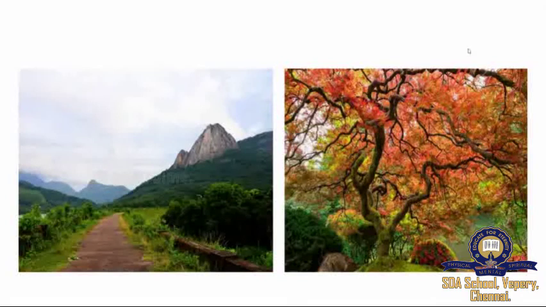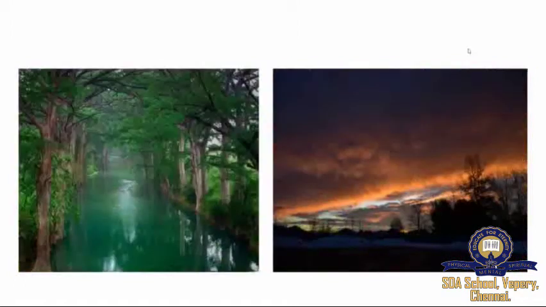Lofty mountains covered with greenish vegetation, magnificent trees reaching up to the clouds, beautiful streams drifting down the valleys, bluish sea water roaring towards the coast, and the radiant sky in the morning being filled with golden red color. All give delight to our eyes, right? And peace to our mind. But we can't see them all without light. We can see things around us only when the light reflected by them reaches our eyes.